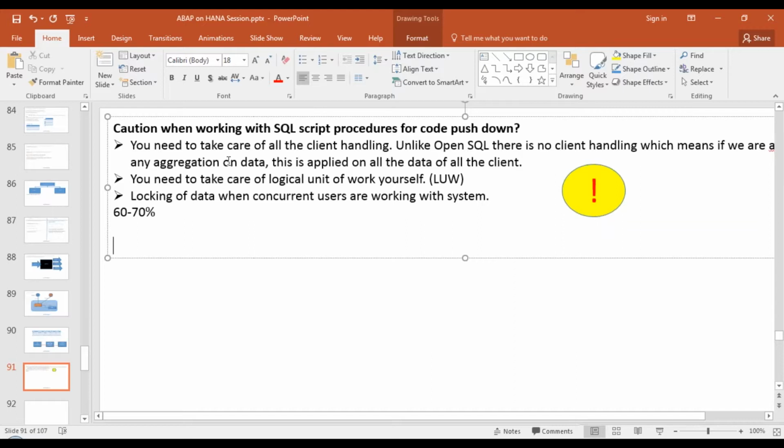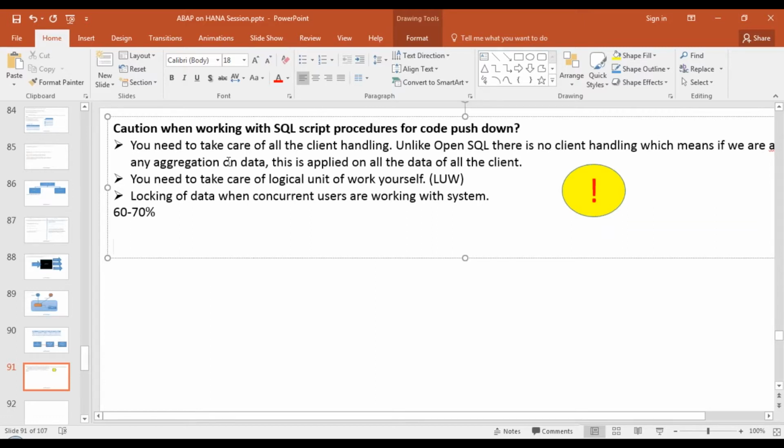So make it a thumb rule in your project that whenever optimization is required in terms of read, you use a procedure, and make the procedure read only. If somebody has written an insert, update or delete statement, the procedure won't allow it. So make your procedure read only.